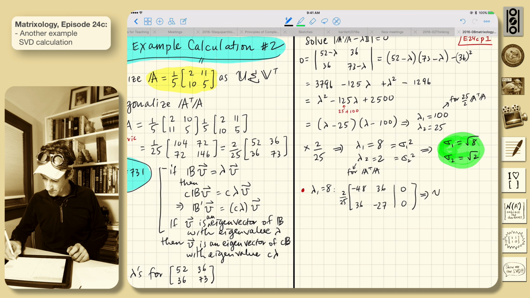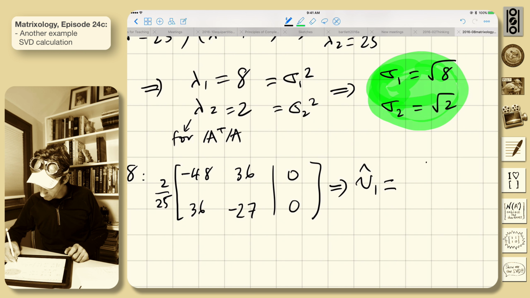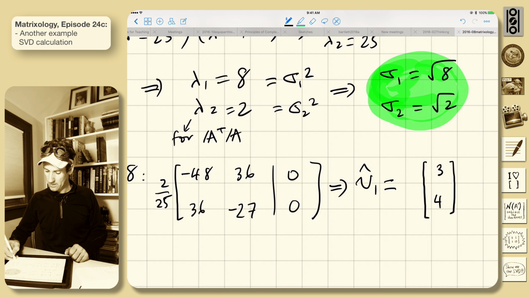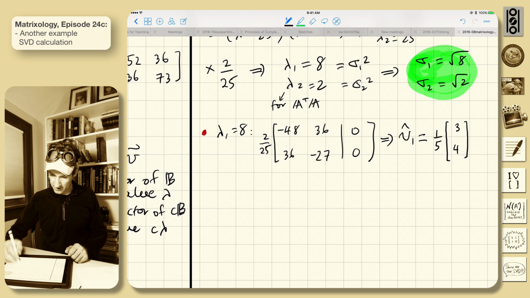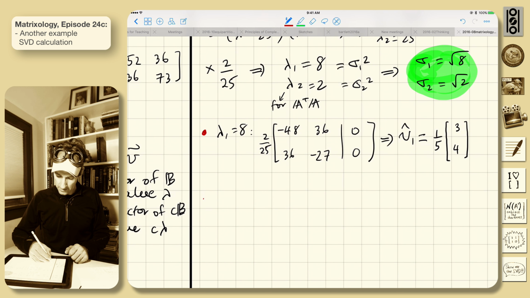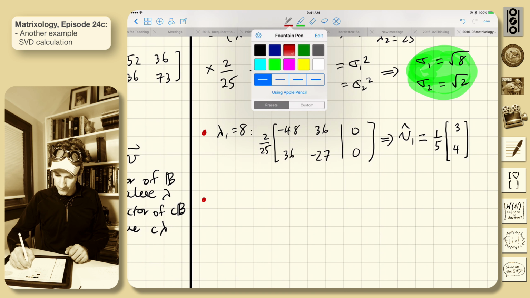So this gives us V1. We'll normalize it. It equals 3 and 4. And so 3 squared plus 4 squared is 25. Square root of that, so 1/5. So that's very sneaky. V1 has a nice form. How about that? All right, lambda 2